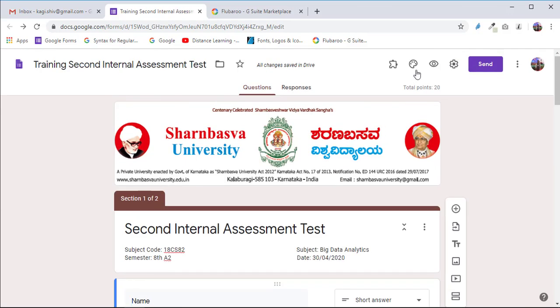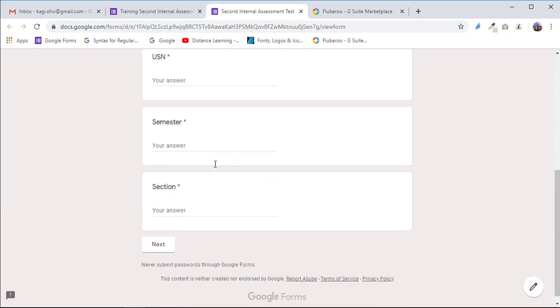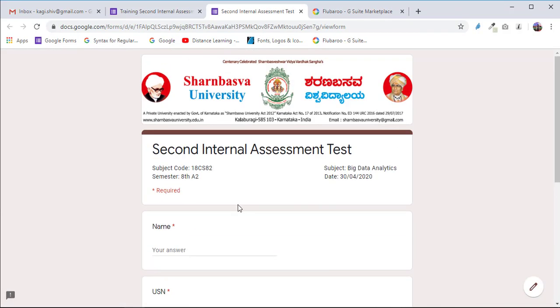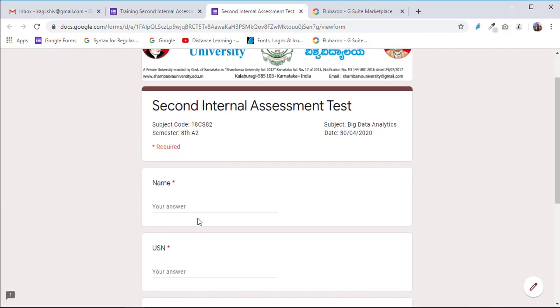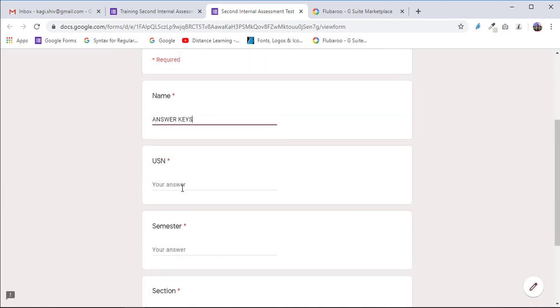I will go to the preview section. This is how the preview section will look for the students. In this I will write my test, because first we need to write the test. Instead of a name I will write answer keys. In the USN field also you can write answer keys.